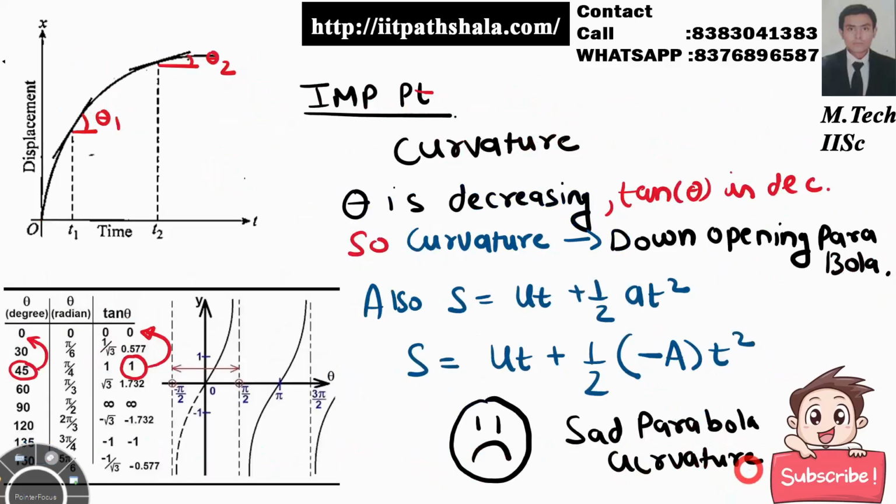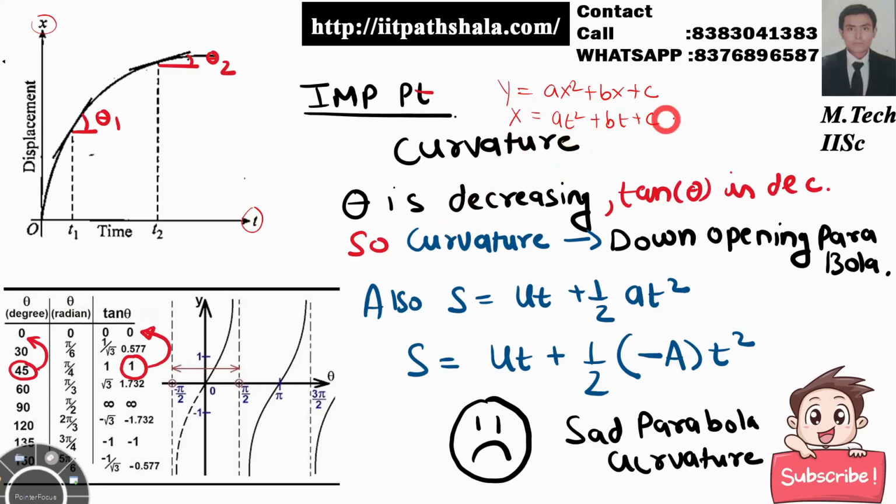Let us have the most important point about the curvature itself. As you know, if I want to find the curvature, then I have to compare the equation of my motion with the equation of a parabola. So in this case, I have replaced the y by displacement and the time as my x-axis over here. Fine with that. So I'm just writing a general equation of parabola over here, ax square plus bx plus c, and replacing the axis system over here. So instead of y, I'm having displacement, and instead of x over here, I'm having time axis. So at square plus bt plus c.